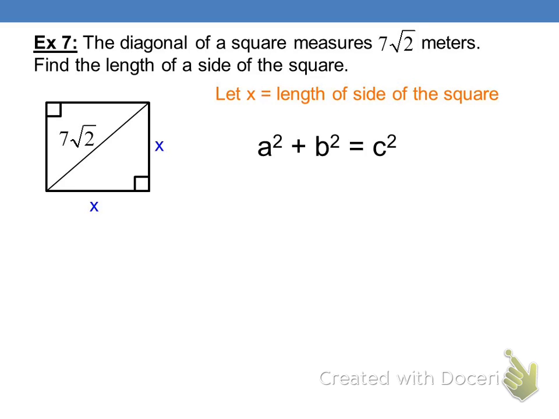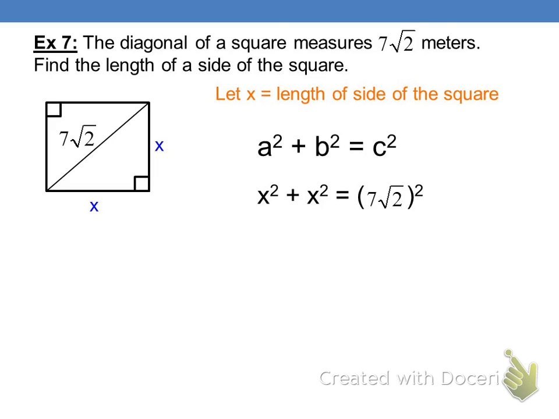Now, this is one of those times where I wouldn't use a and b. You could use a or b. Remember that they're the same. That's going to be key to solving this. If we had two variables, we wouldn't be able to do it. You need to know that they're the same length because it's a square. So if you want to use a and a, you could. If you want to use b and b, you could. You could use x and x. Either way, the next line is going to look like this.